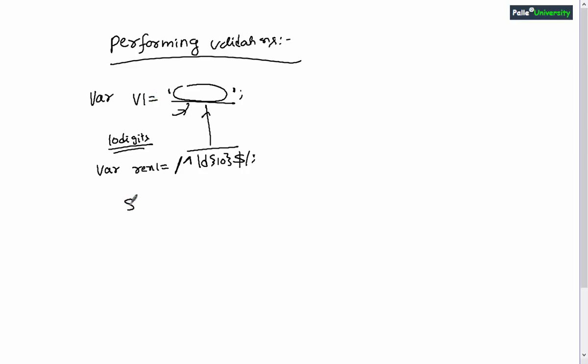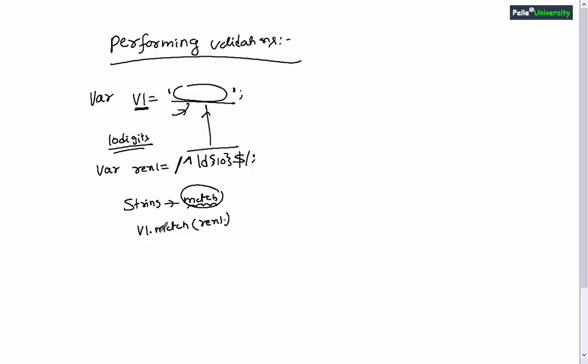Remember, the JavaScript string data type has one function called the match function. So using this match function, we can easily check whether a variable's data is present in a valid regular expression format or not, right? Or in a valid format or not. Now let me explain how to call the match function. Remember, you must always call the match function by using a string type variable. I am assuming that this v1 is a string type variable. I must call v1.match. So in order to check whether this v1 variable's data is present in valid format or not, obviously I must pass the regular expression variable, right?